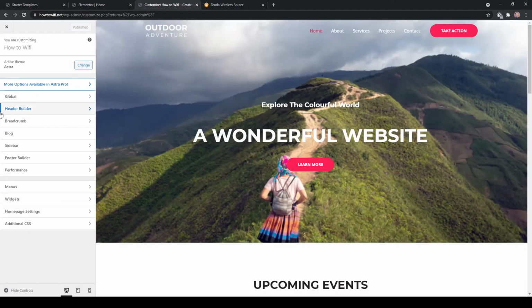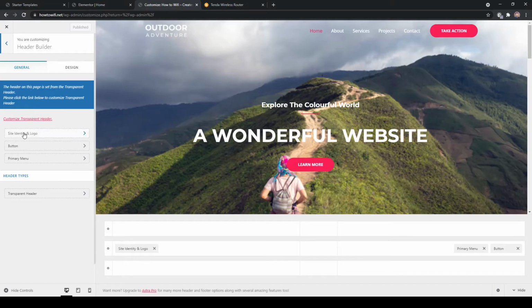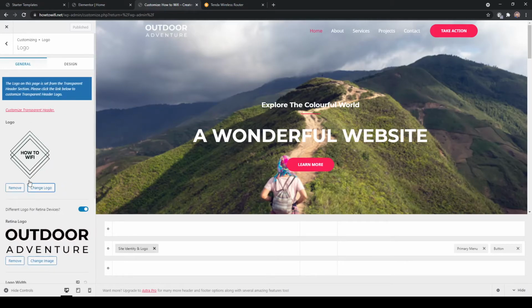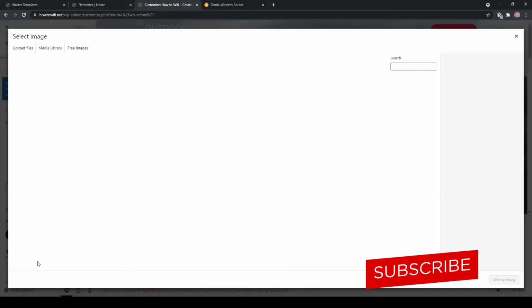From here you can change the website logo and some other settings as well. So let's go to edit builder, and here you have to click on the site identity and logo, and from here you can change the logo again. From here, change image,